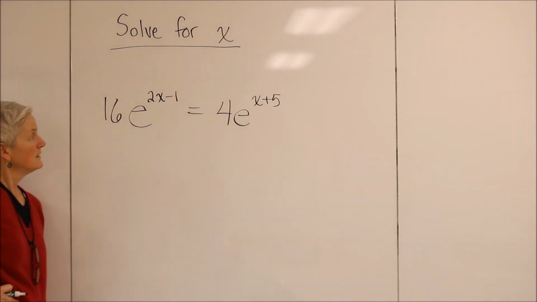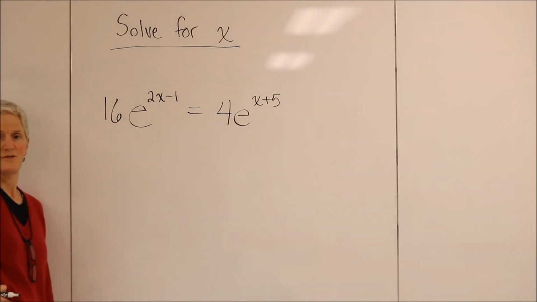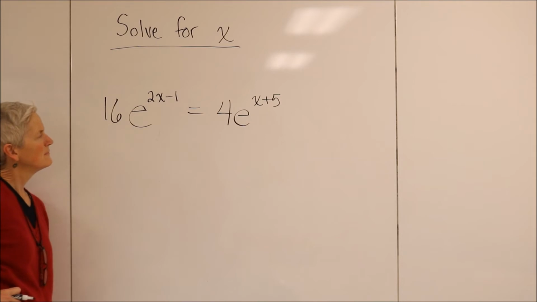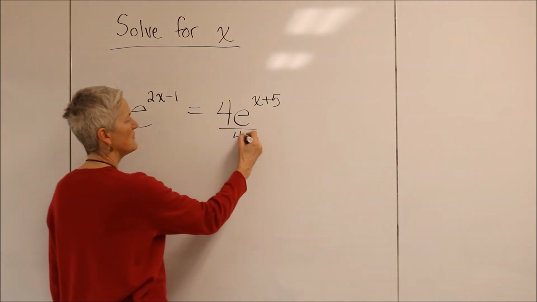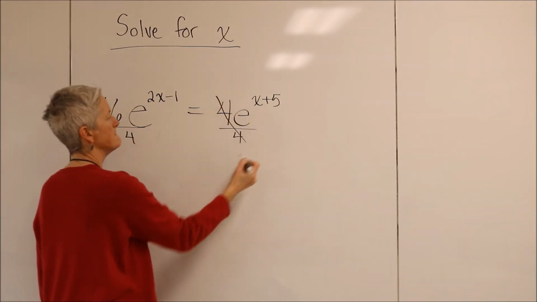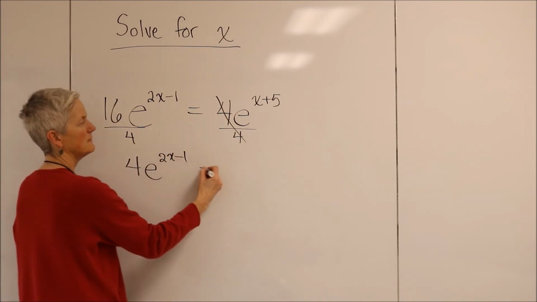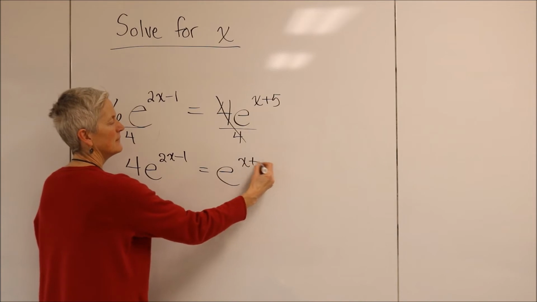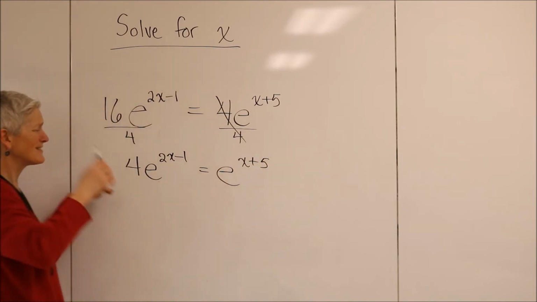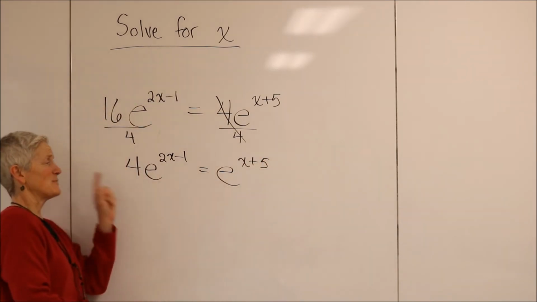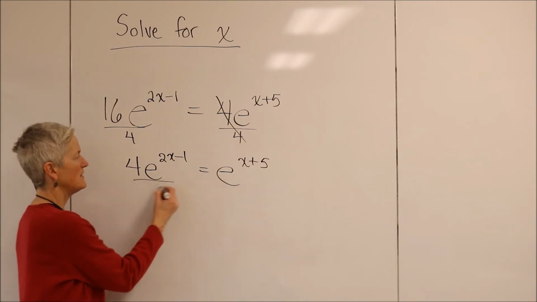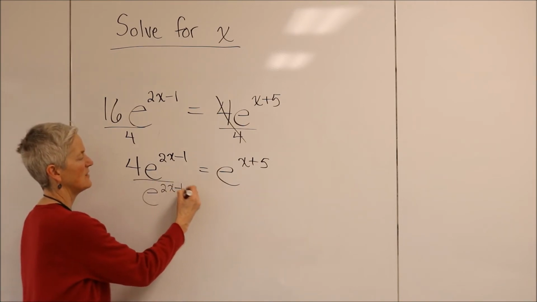All right. What do you feel like dividing by, Mr. Fody? I like doing 16 over 4. Okay, good. Very nice. Let's divide by 4. Doesn't matter. Boom. So that gives me 4 times e to the 2x minus 1. Okay, again, we're solving for x. Let's try to isolate the x. Let's bring that over there by dividing. Everything is, as